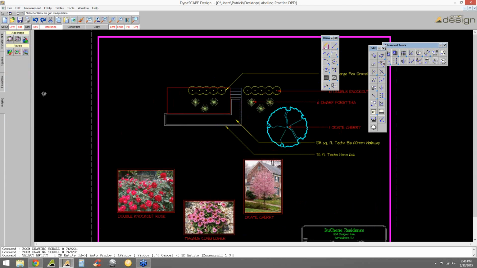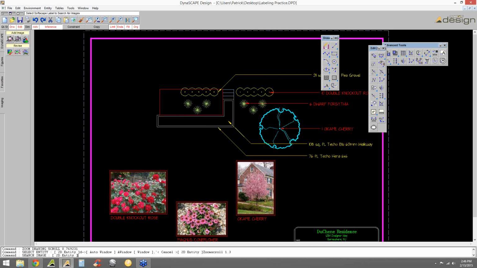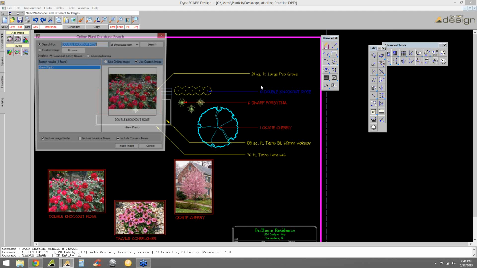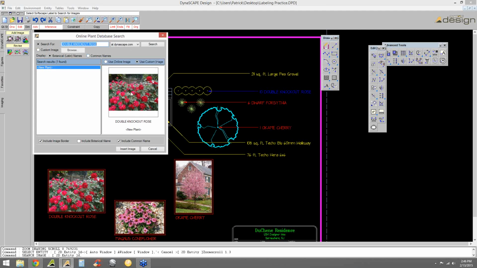Anything that has to do with inserting rasters, or in other words, a picture onto a plan, you go into Imaging. And right here, if you hover over it, it says search for a plant image based on a plant label. If you click this and then left click and right click a plant label, it will bring up